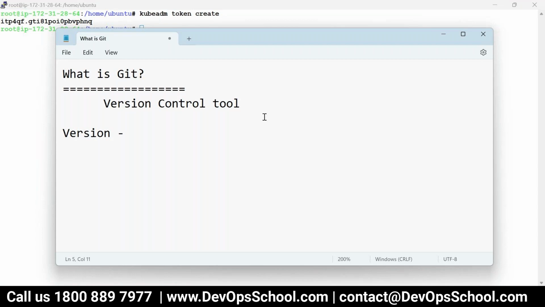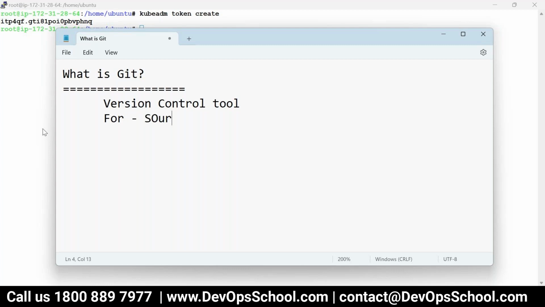Versioning, version control system. For what? Through the versioning, you will get to know who modified this code in the past, what modification was made, where the source code is, what time it got modified, and all that information. So it's a version control tool for source code.